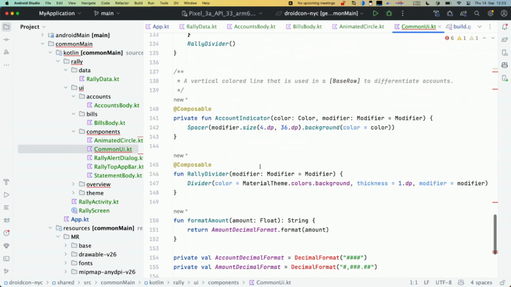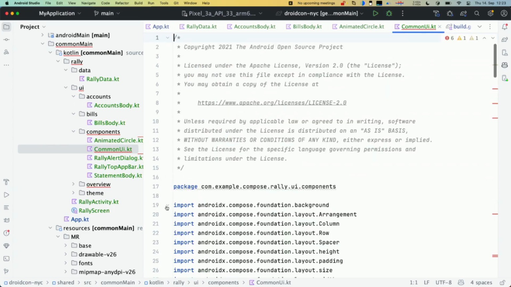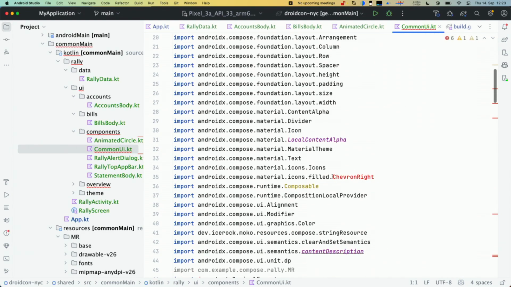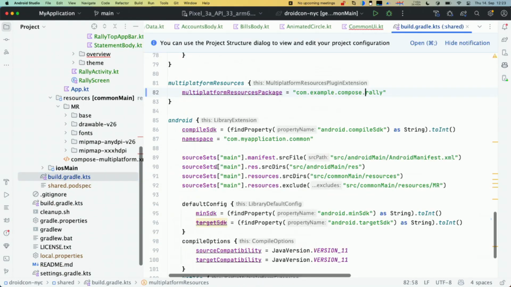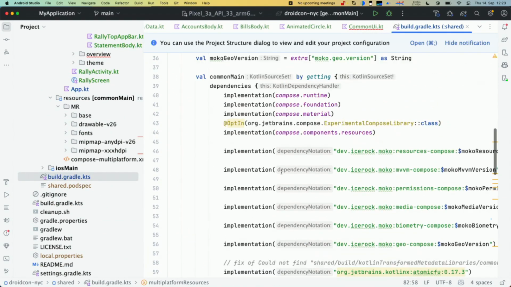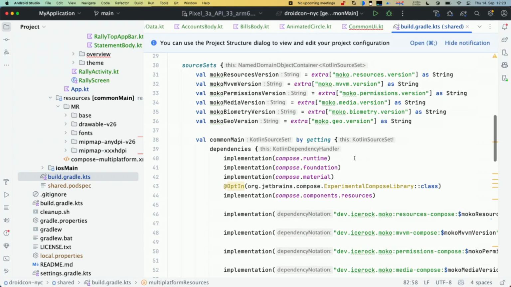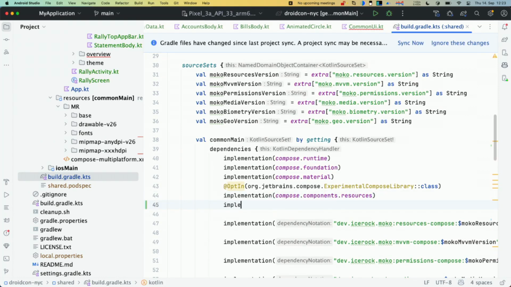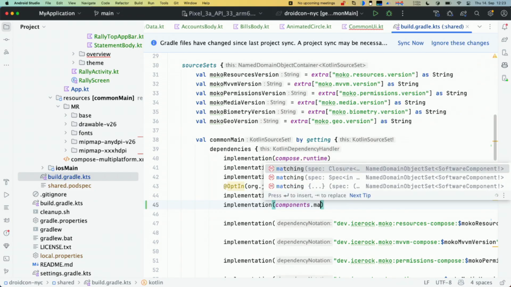In my common UI, if I scroll through, we have a couple of issues. First of all, we have an icon that seems to be missing. We obviously don't want to just remove the icon, so we can go into our build file, go into our common dependencies, and just add a dependency for the compose. Sorry, no,